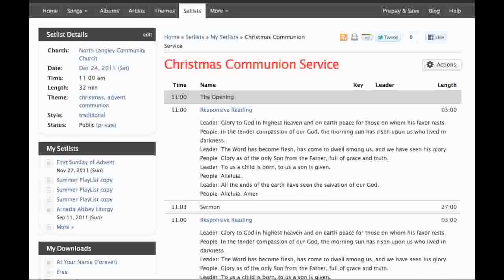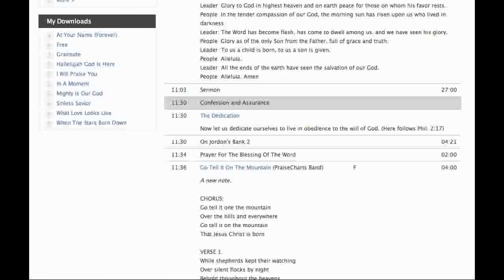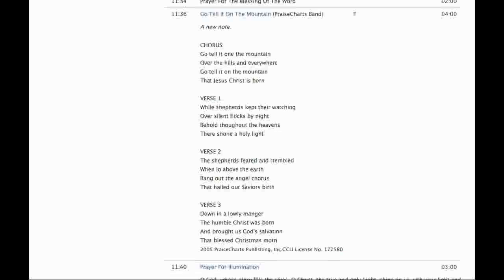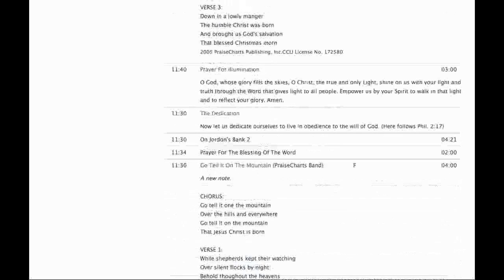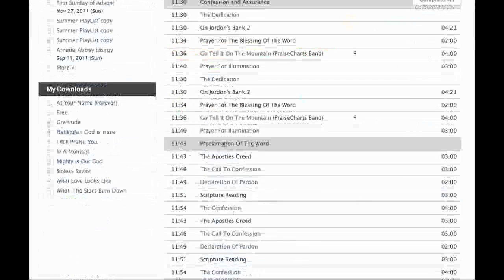You might want to write your prayer out, or just a few notes as to what you want to say, however you want to do it. You can just check through, is it a good flow? Do the songs connect to each other? All that kind of stuff. Use the expanded mode for that, and then I can compress it very quickly and just see all the elements